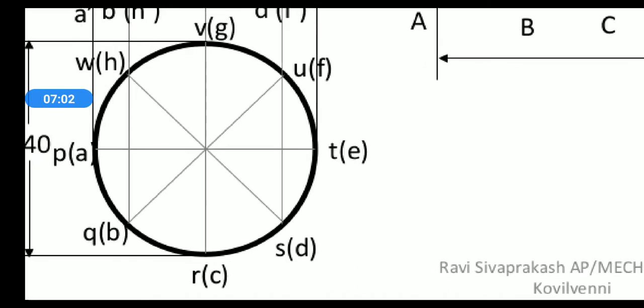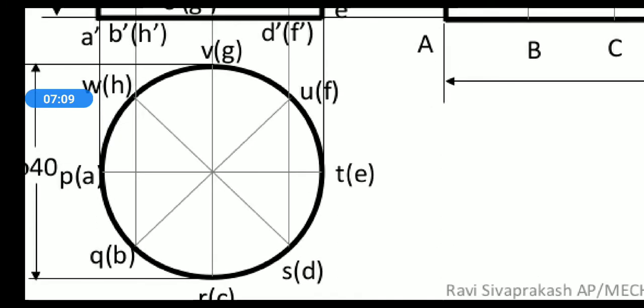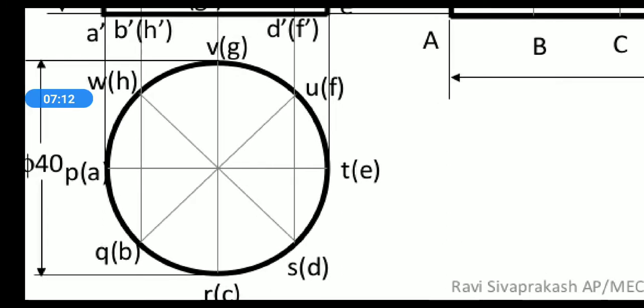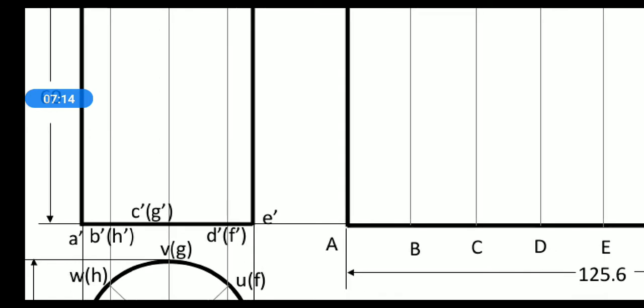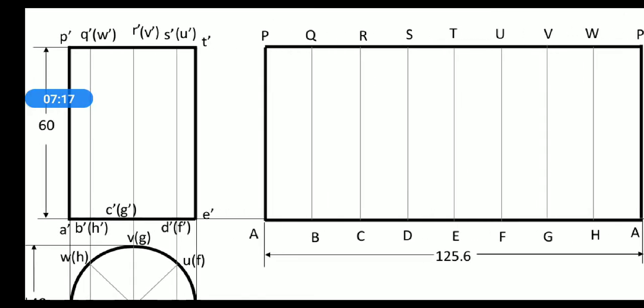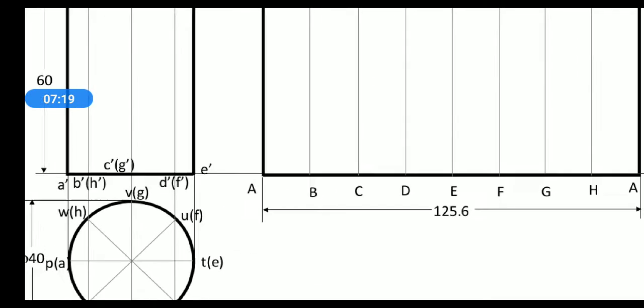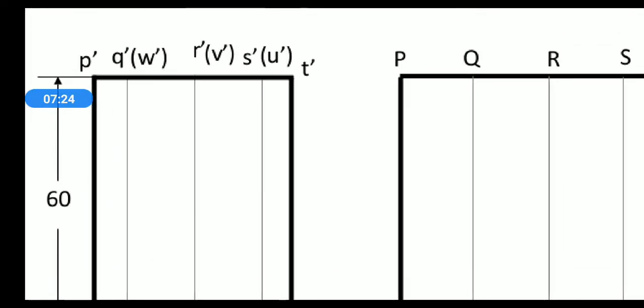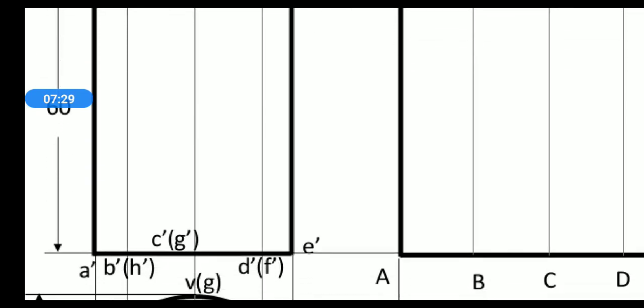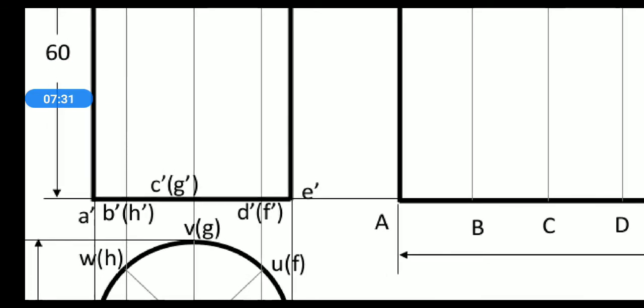Now the back sides are represented as A, B, C, D, E, F, G, H within the brackets. Now project this cylinder upwards with the axis height as 60 mm. In the front view, as we mentioned P, Q, R, S on the front side, we have to keep the denotations on the upside because it is the front side, and the back side, as we denoted A, B, C, D, we have to denote on the downside, and those which are invisible we have to put in brackets.